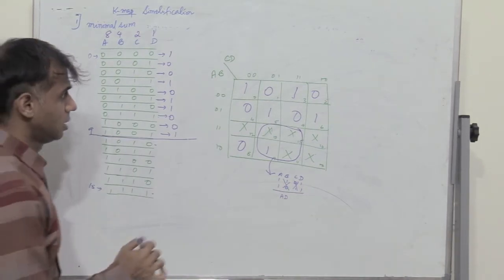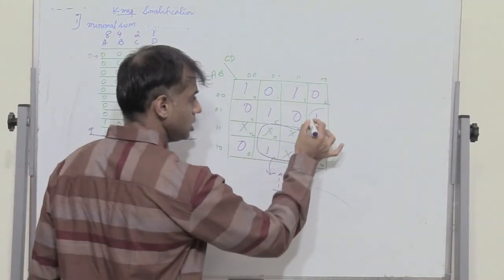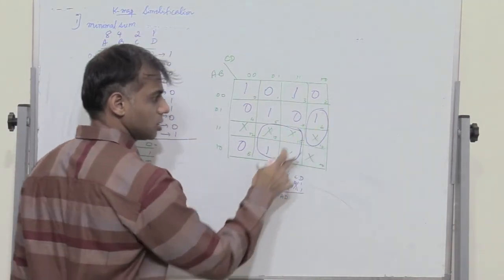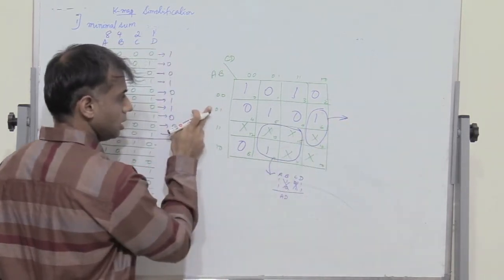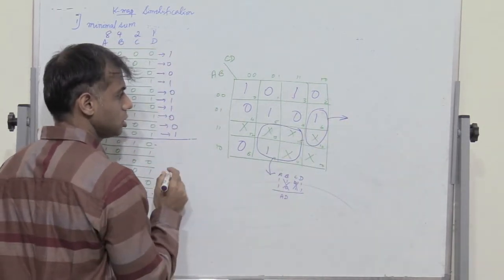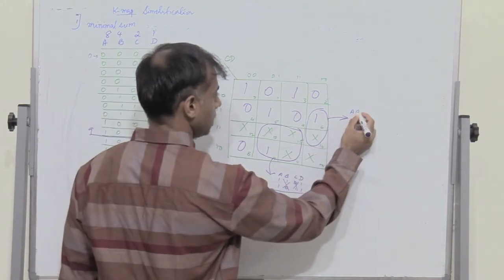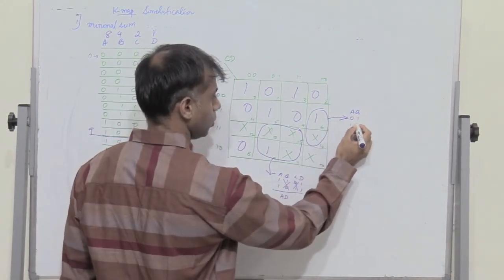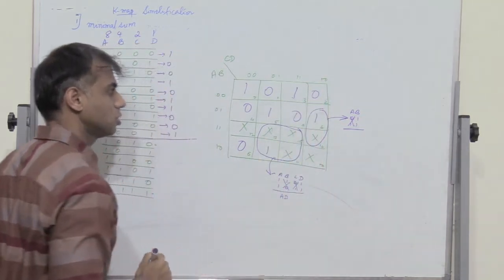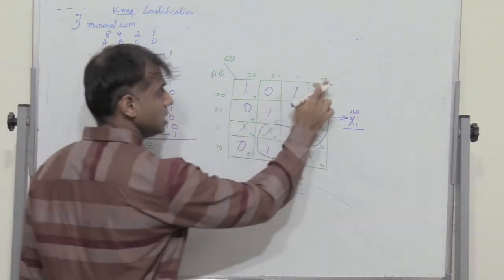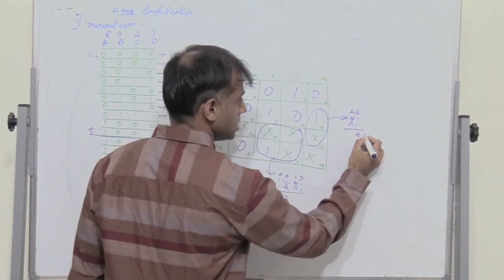So next, I have a 1 here. So these two can be combined. Because I have a don't care, it can be combined with a don't care. So this corresponds to row 2 and row 3. So for AB, I have row 2, which is 0, 1, 1, 1. So A gets eliminated, and then this corresponds to the fourth column, which is C D bar. So I have B C D bar.